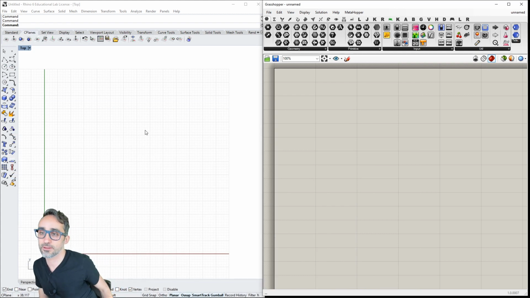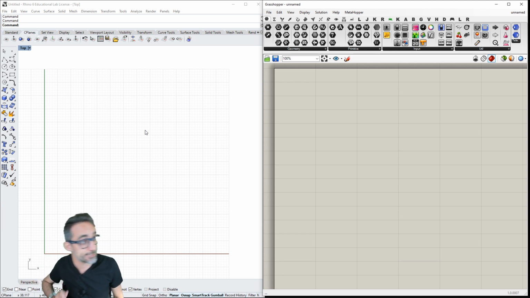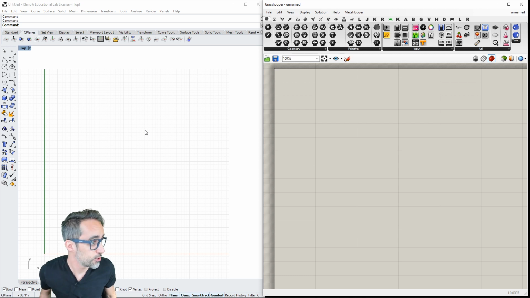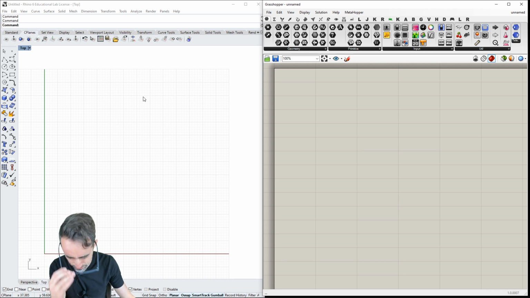to Grasshopper. And how are we going to do this? I'm going to create a, should I just draw a polyline and bring the polyline in? And then I'm going to do a list of points probably.